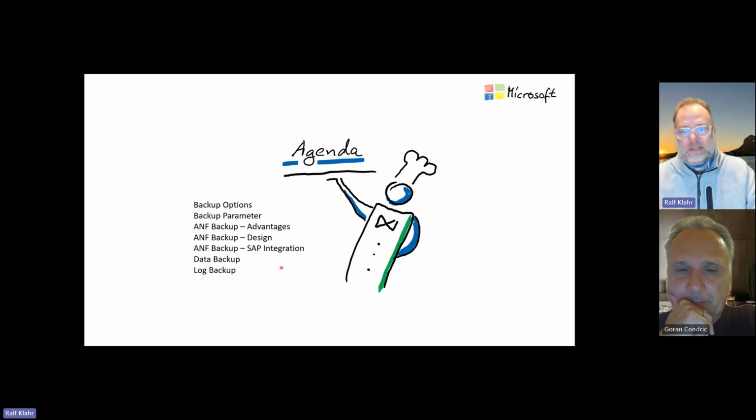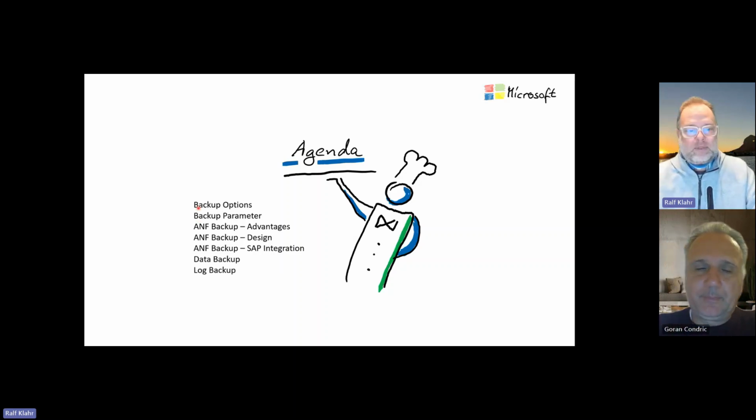What those advantages are, we will go through in this presentation and discuss. A little agenda: the backup options, backup parameters important for HANA, ANF Backup, the design advantages, the SAP integration, and how you handle the design for immutable backups.